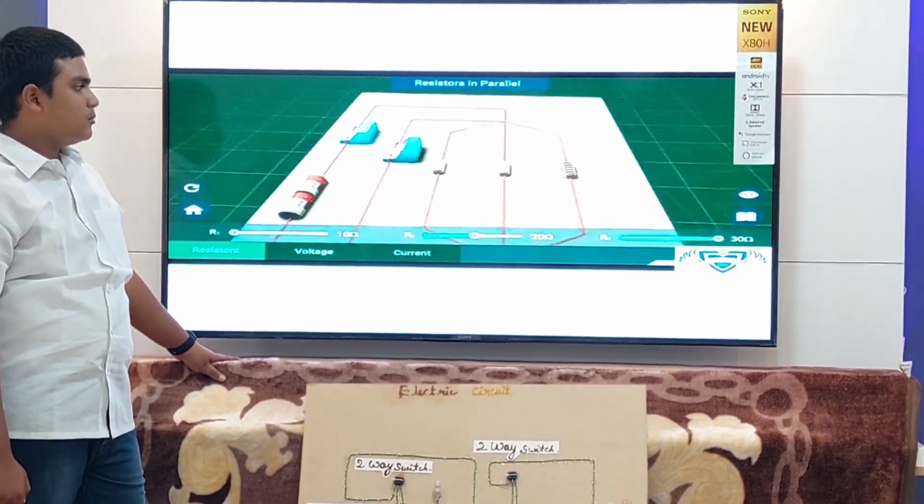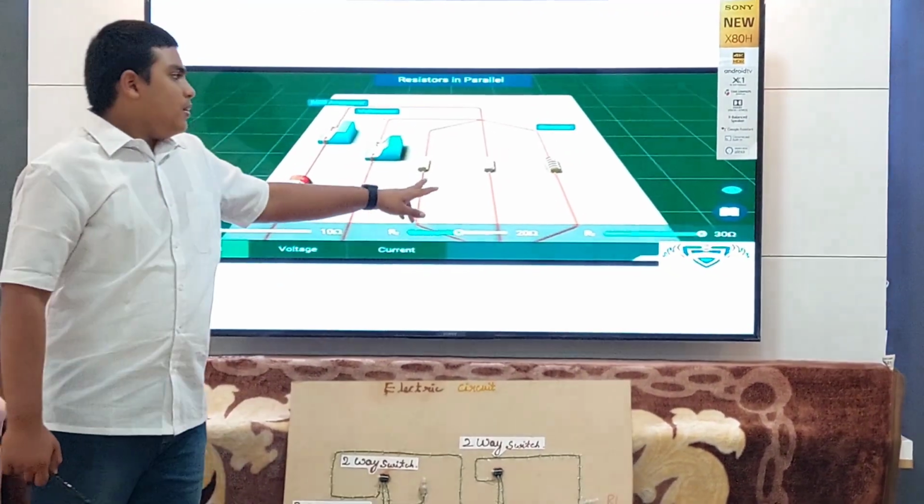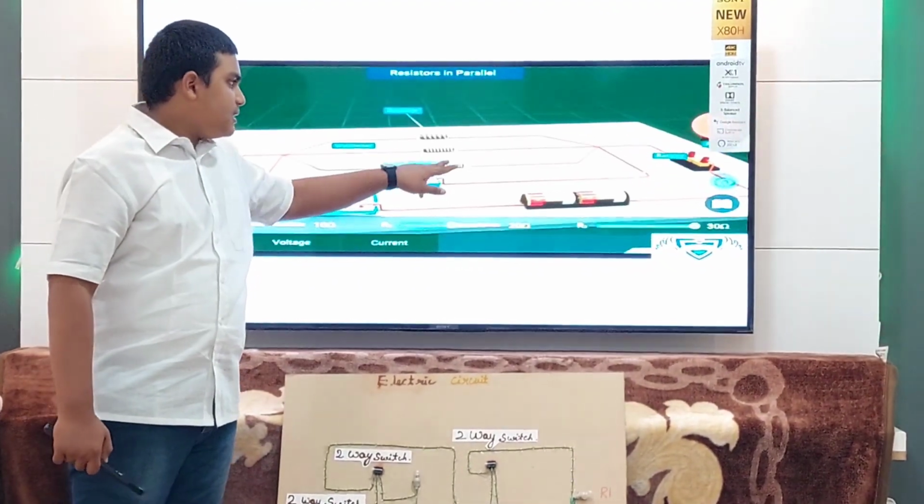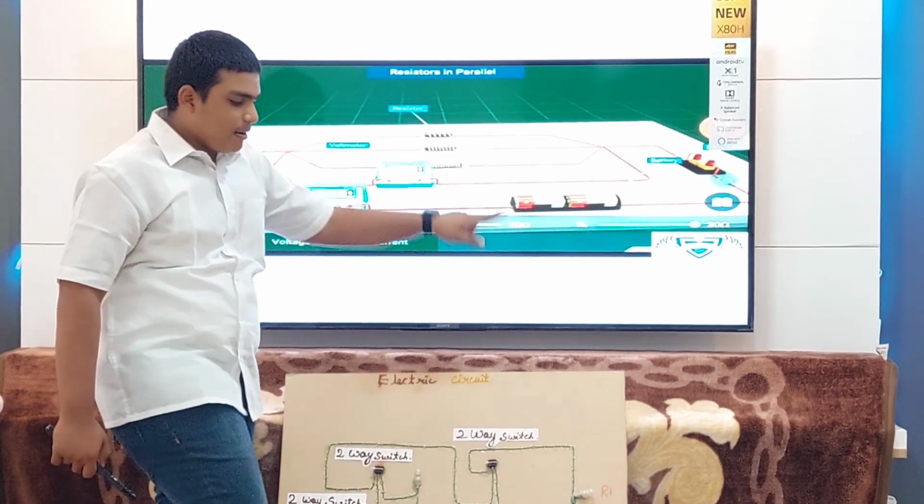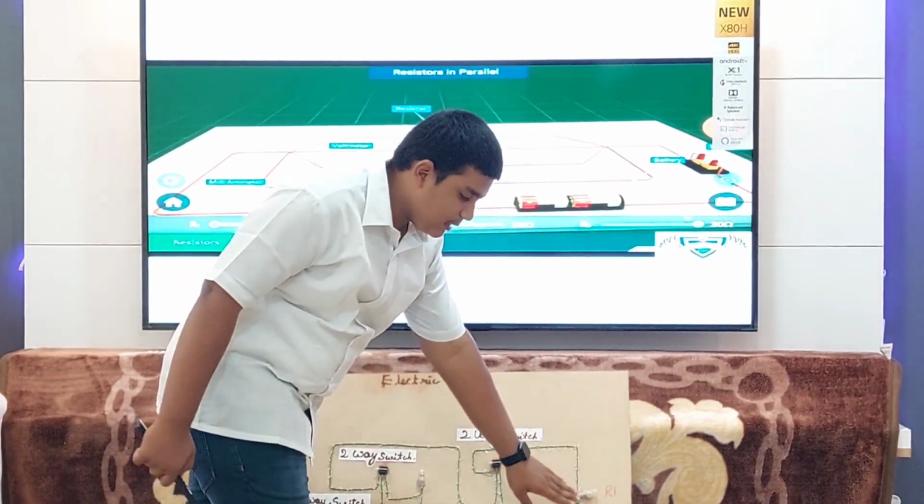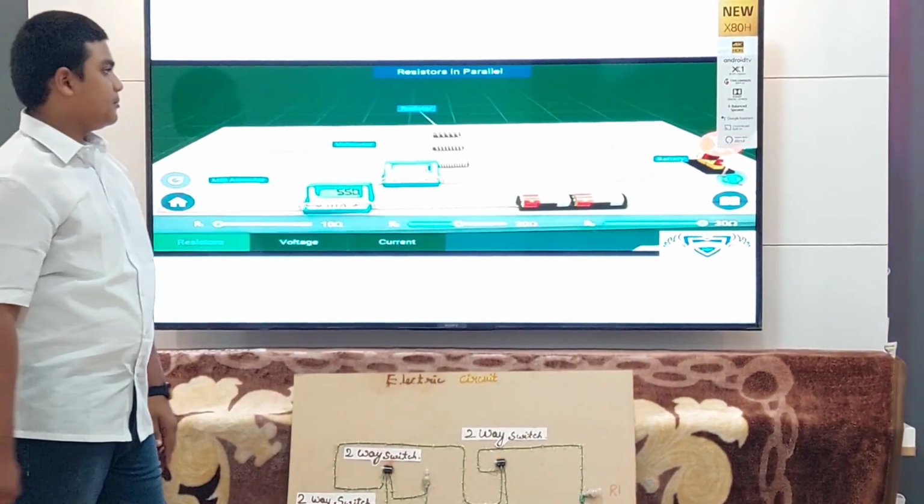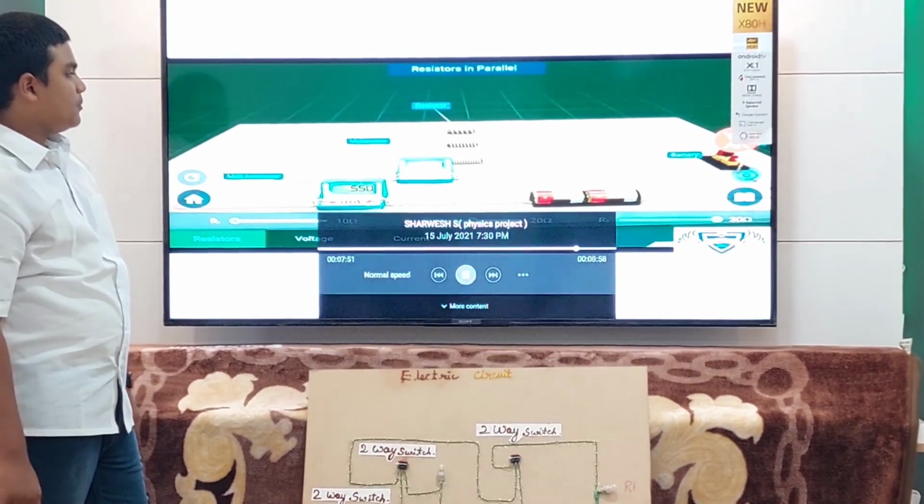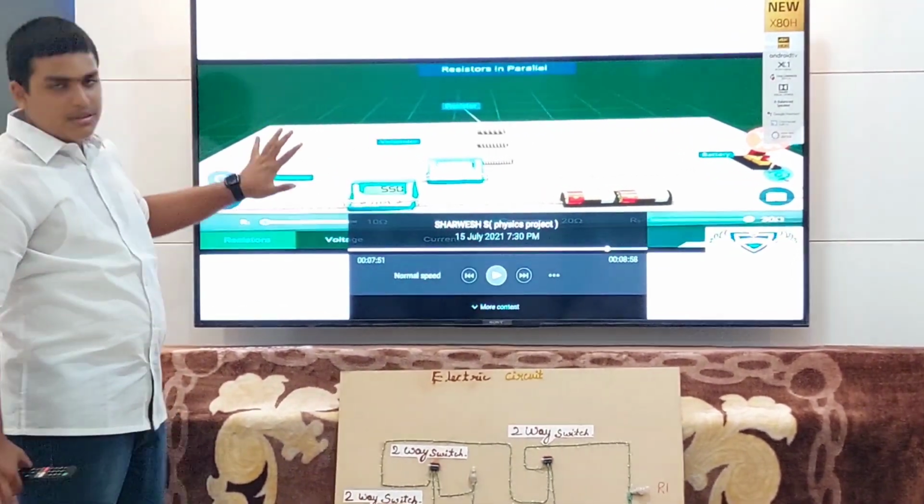We have 3 resistors connected in parallel in the circuit with an ammeter. I have connected LED lights in parallel. The total current flowing through the circuit is 550 milliampere. In this circuit,